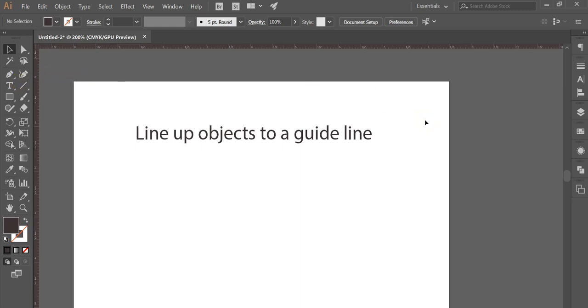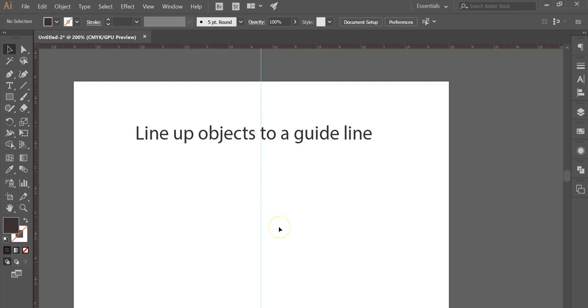So the document I'm working with right now is 8.5 inches wide. I need to have a guide in the center of that, which is 4¼ inches. So right there's 4 inches, there's 4.5, so that's 4¼ right there. That's the spot I'm going to be aiming for. So to create that guide, which I want to go down the middle vertically, I'm going to pull the guide from this ruler. So I'm going to click on the ruler and drag and stop when I get to 4¼